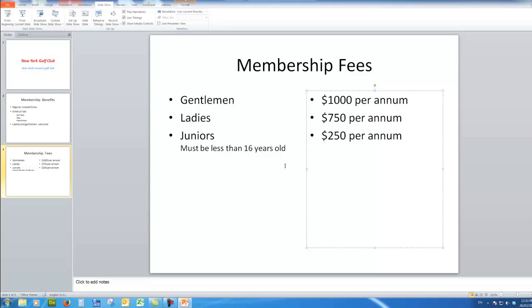Now if I want to use the keyboard to run a slideshow, if I press the F5 key, that will run the slideshow from the very start. If I just want to see how a particular slide looks, then I would hold down the Shift key and press F5, and I would see that the particular selected slide would appear on the screen. So remember those two little shortcuts: F5 to run right from the very start, Shift F5 to run the slideshow